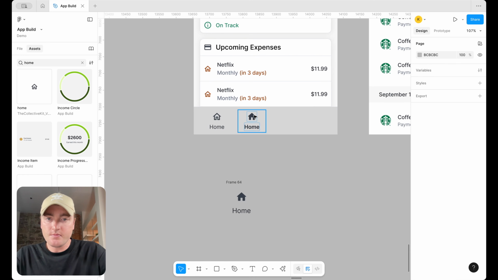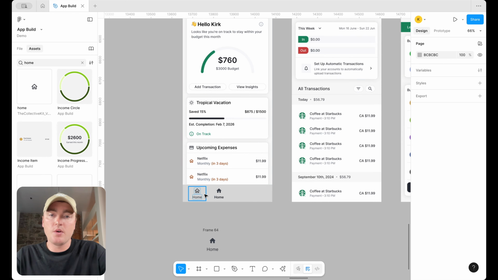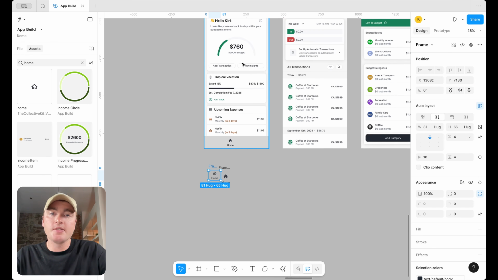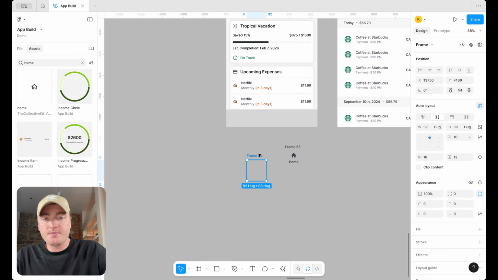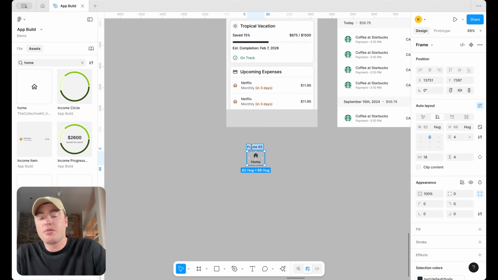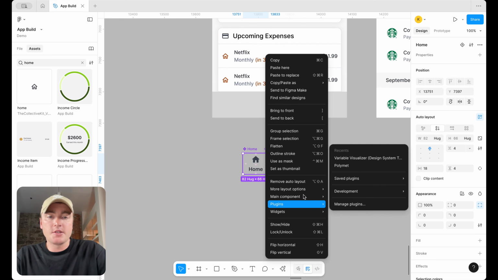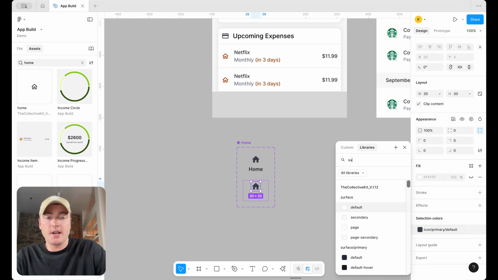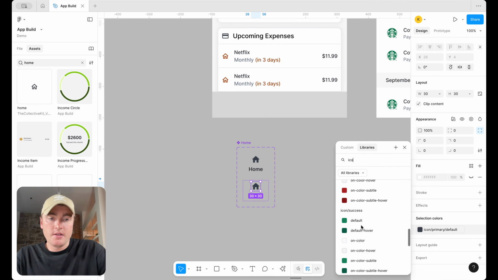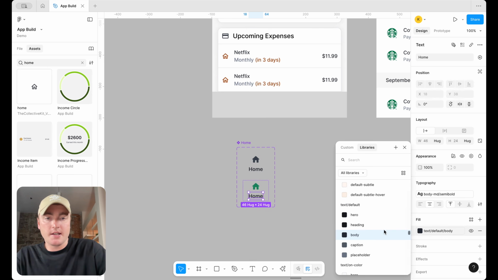Okay, so maybe what we could do actually is the selected ones are actually green, because we do have some green floating around in some places, so maybe we'll roll with that actually. So the selected ones are going to be green. And there's a practice that you can do here: for every single one of your items that's going to be in the bottom navigation, you have the selected version of it. So this is going to be your icon success defaults,